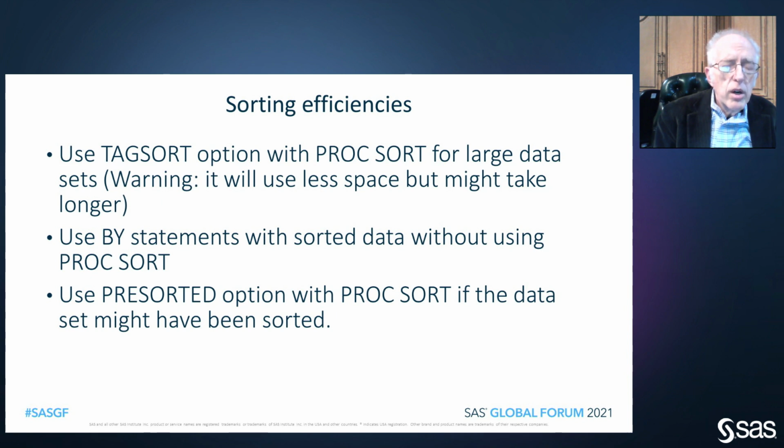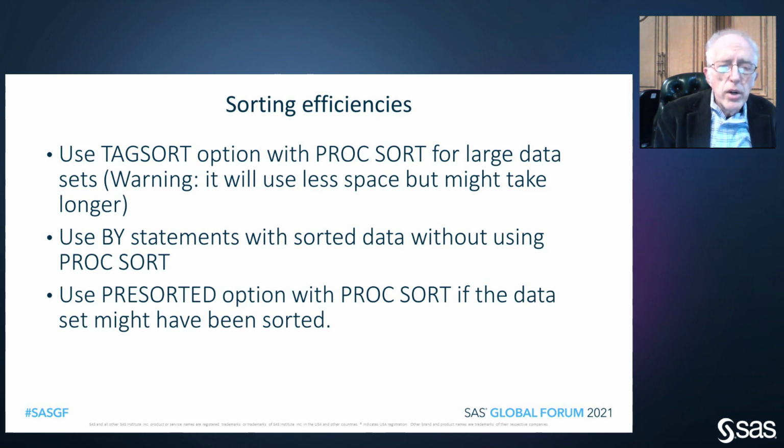So in descending order, the most efficient way to run a proc with a by statement is to have it already sorted and then use the by statement. The next most efficient way, if it's not sorted, is to use the class statement. The class statement is less efficient than the by statement because it's bringing everything into the buffer and then splitting it up, whereas the by statement only brings it into the buffer in the groups. However, it's more efficient than using the proc sort and then using the by statement.